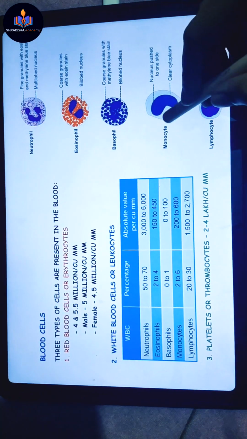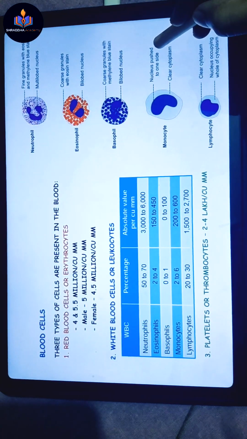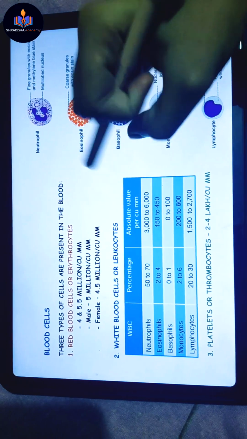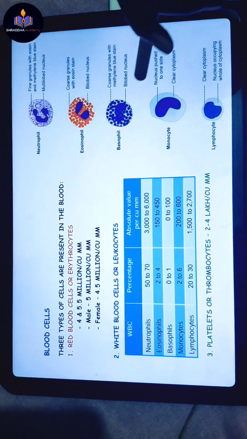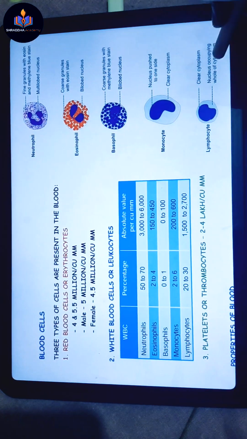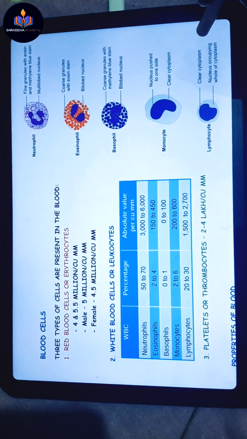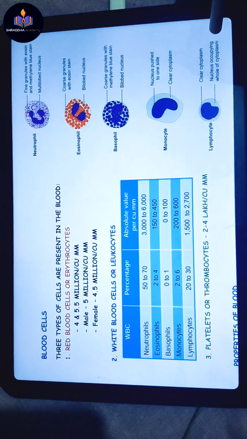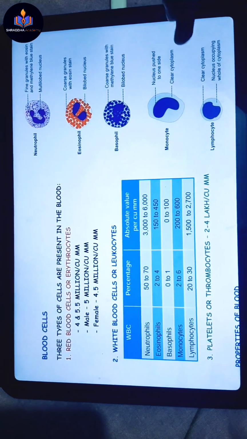okay. Then coming to monocyte, there is a nucleus pushed to one side, okay, like this, and then the clear cytoplasm is seen. And then lastly it is lymphocyte, which has the clear cytoplasm which you can see here, and the nucleus occupying most of the cell,